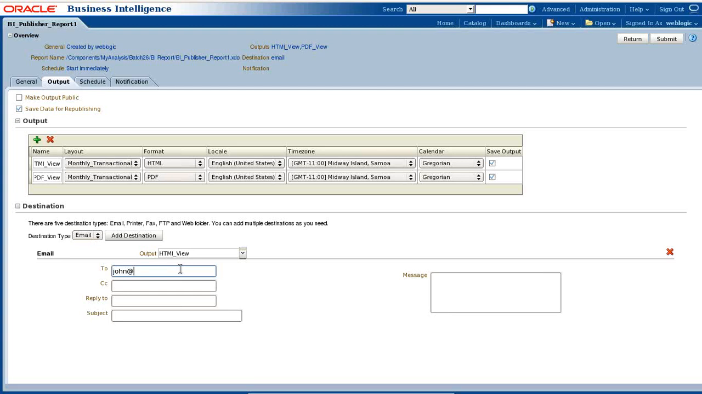So you specify the subject: monthly sales transaction report, and display the message. Please find